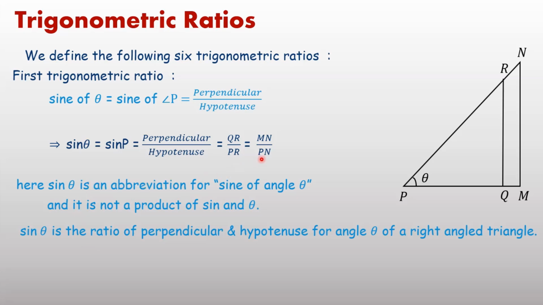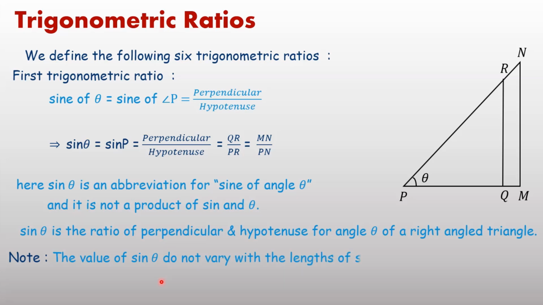There are two triangles, PQR and PMN. Sin theta equals QR upon PR, and MN upon PN. If the angle is the same, then what about the measurement of the sides? QR or MN upon PR or PN, both are the same. It implies sin theta represents a ratio of two sides. If by chance you get the ratio as 1 upon 2, we can also write 1 upon 2 as 2 upon 4, or as 4 upon 8.